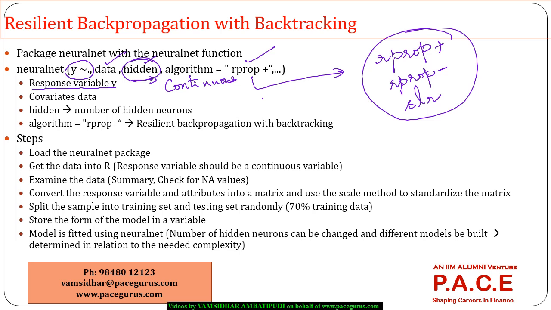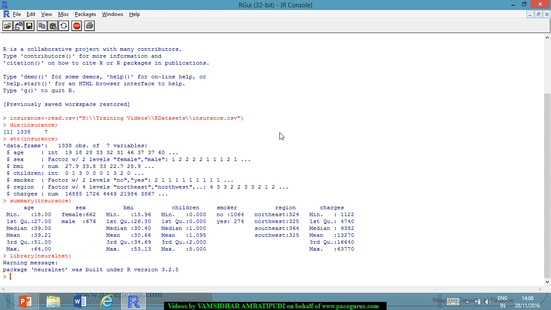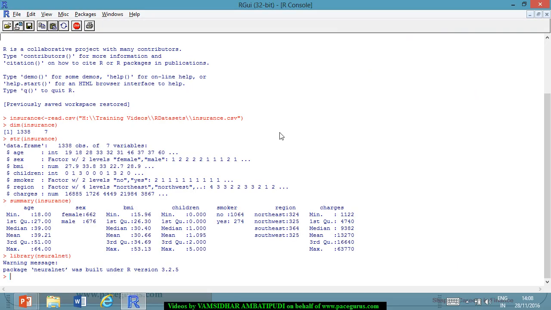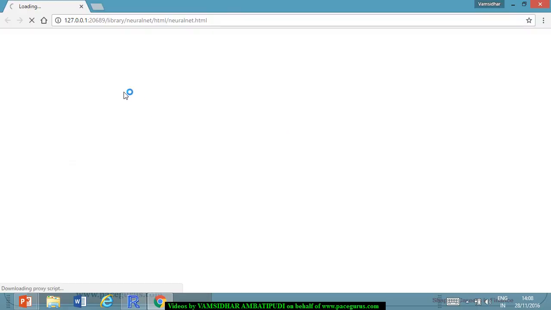Now, getting into the process, initially we have loaded the neural net package already. I don't want to install it, it's already installed. So I'm simply loading the neural net package. Again, neural net as a function, I don't need to really talk about much, but just for people, if you want a quick refresher, neural net as a function,